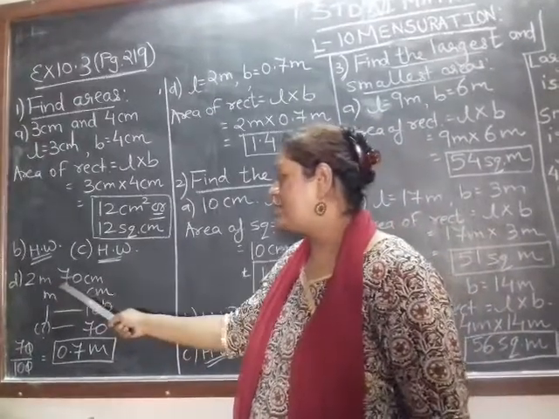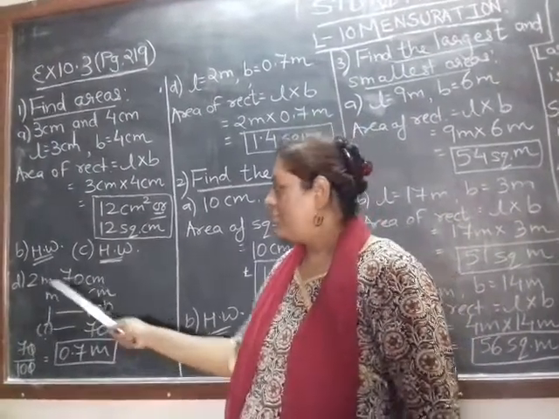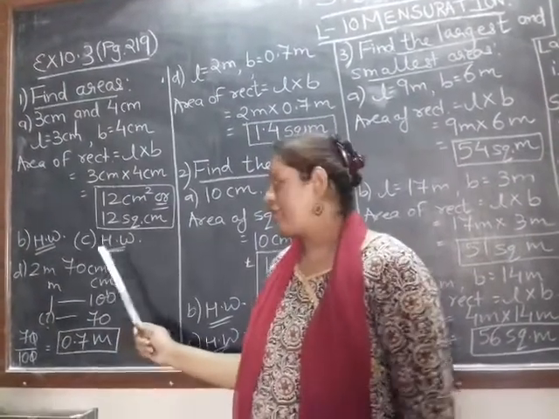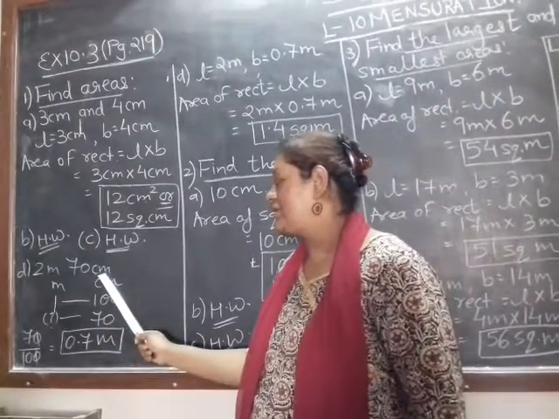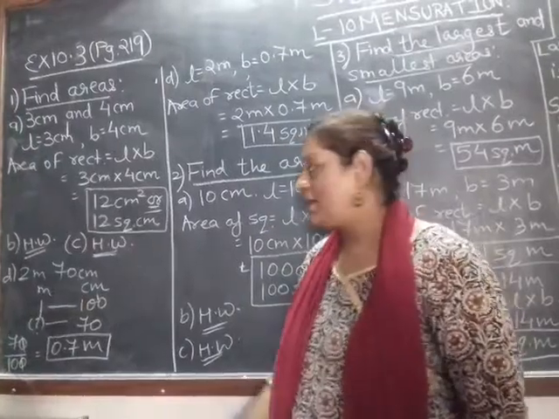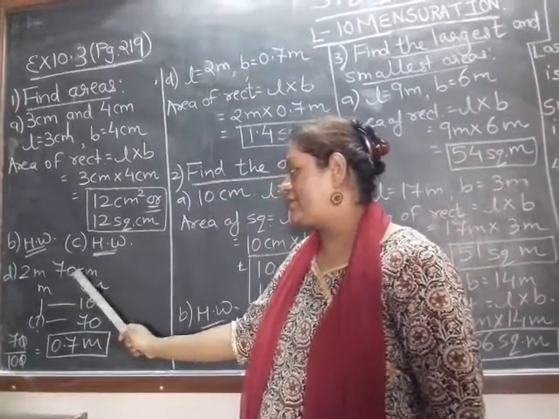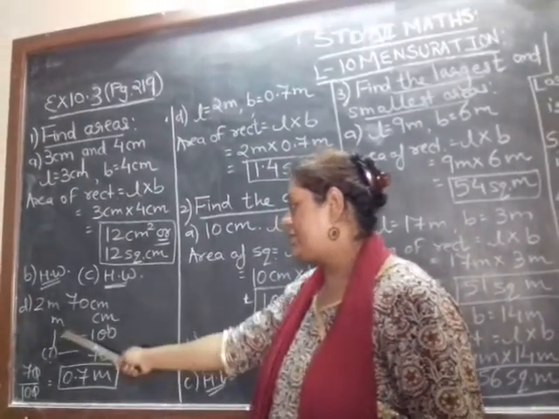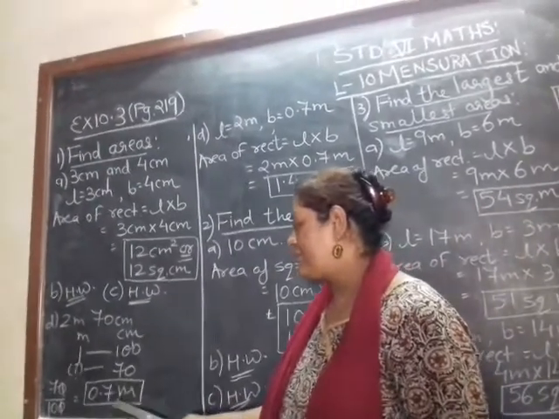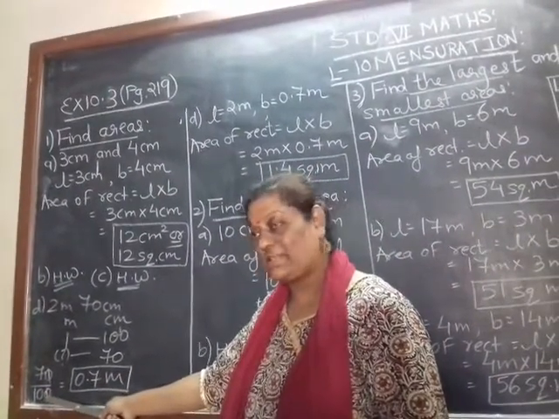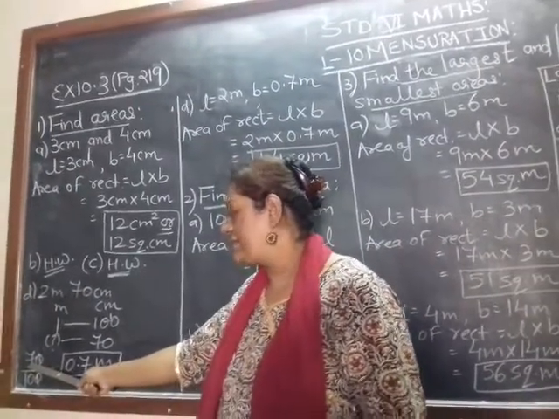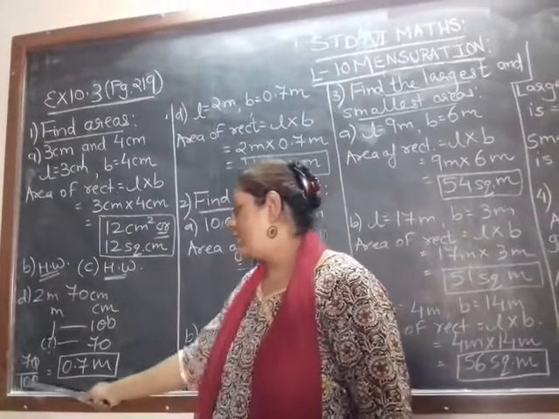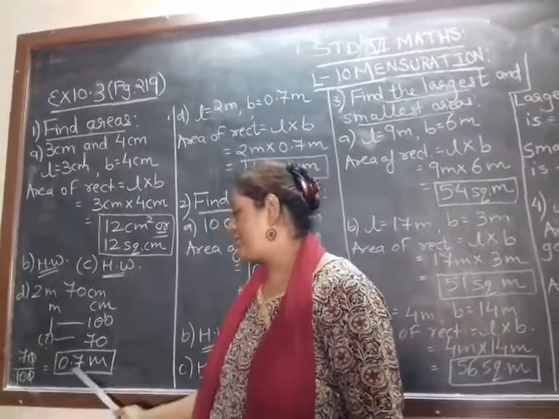Here 2 meters 70 centimeter is given. Naturally this will be length and breadth, but the units are different. Wherever the units are different, meaning one is meter and one is centimeter, you cannot calculate the sum. Either you have to convert meter into centimeter or centimeter into meter. So we will convert centimeter into meter. 1 meter makes 100 centimeter. So 70 centimeter makes 70 upon 100. Here before 7 we add 0 to make 2 digits, because in the denominator we have 100 with 2 zeros. So after counting two digits, keep a dot.